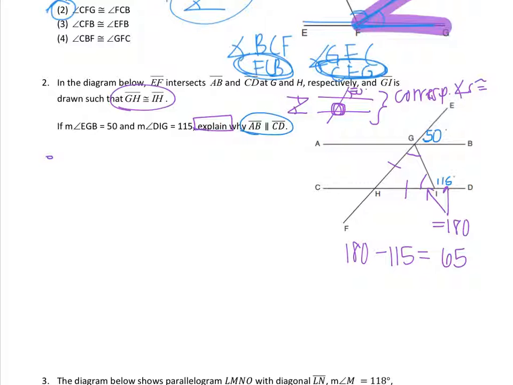So that means that this angle right here is now 65 degrees. I just labeled it on my picture, so now I'm going to talk about it. Measure of angle GIH, name it with three letters, is equal to 65 degrees because angles on a straight line